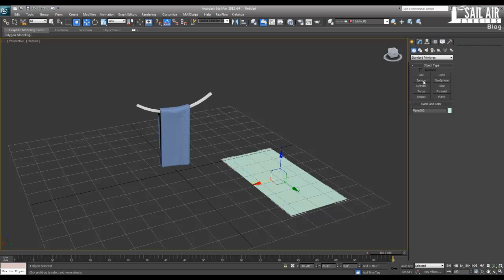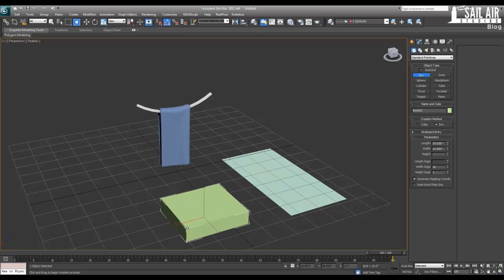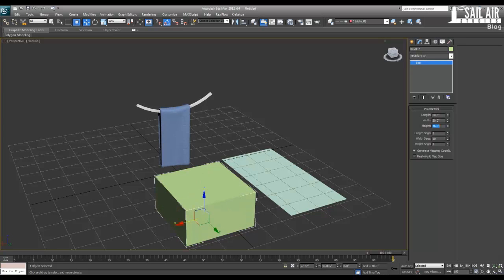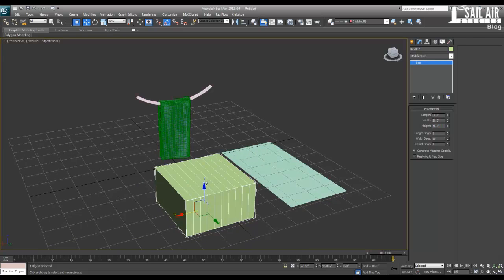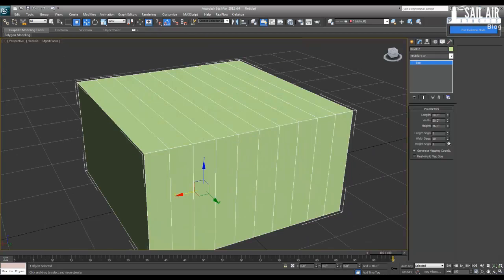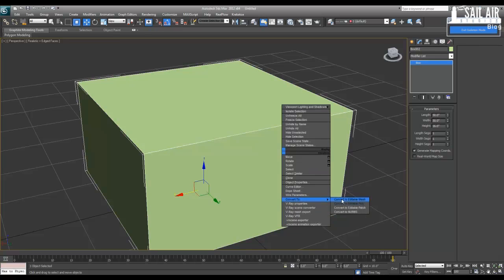So under our box, pull out a box anywhere in the scene, it really doesn't matter, and we'll set it to be, I don't even know how big a chair is. Let's make it 30 by 30 by 16. And we'll Alt-Q to isolate this, zero it out, and set all our segments to 1 because we're going to convert it to editable poly,